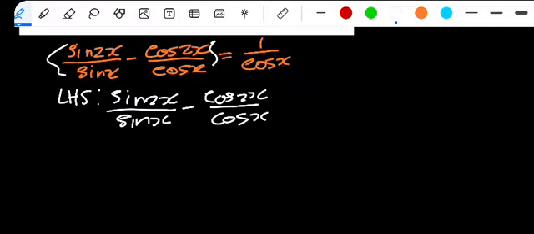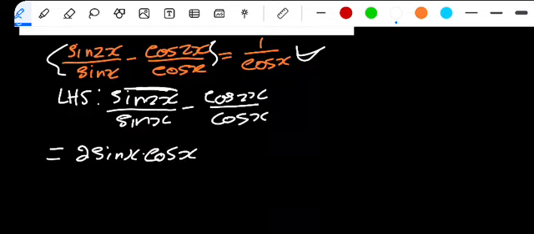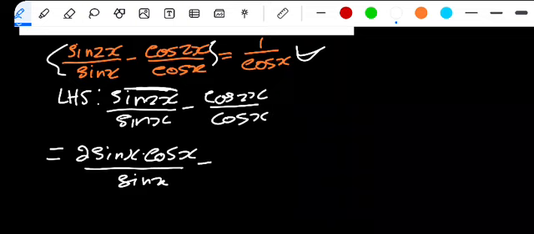We want to get to the right hand side. Here you're supposed to see that this is a double angle, so this simply equals 2 sine x multiplied by cos x, divided by sine x, minus